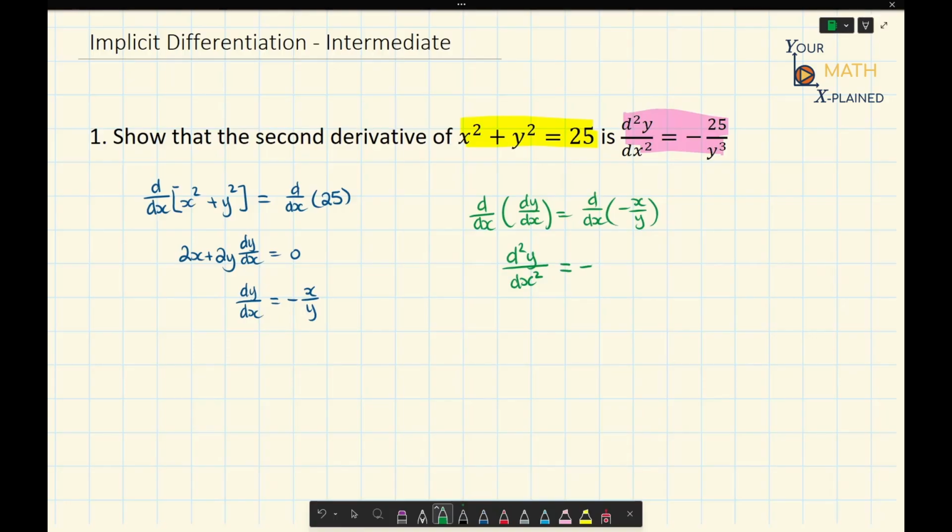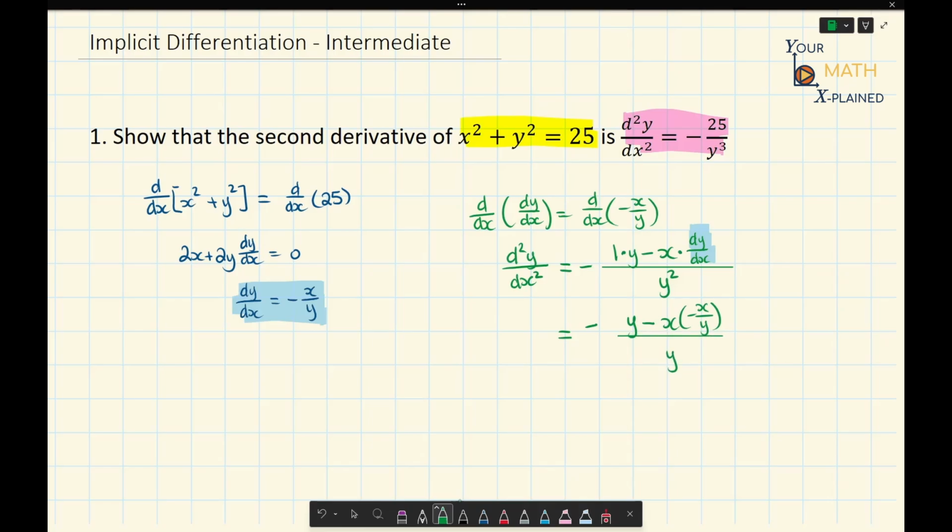And then we get the derivative of x, which is 1, multiplied by y, minus x times the derivative of y, which is dy dx. And then this is going to be over our denominator squared. So that'll be divided by y squared. So notice how here we have dy dx in our expression. So what we need to do is we need to substitute negative x over y into dy dx, which means we get this is equal to negative y minus x times negative x over y